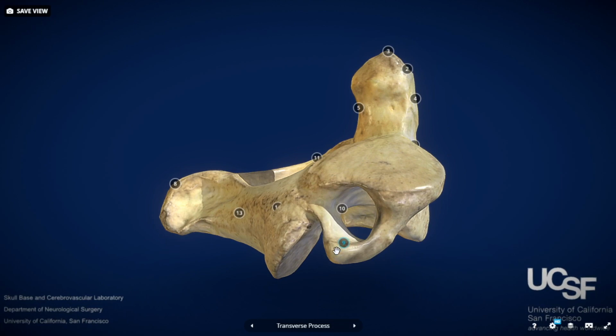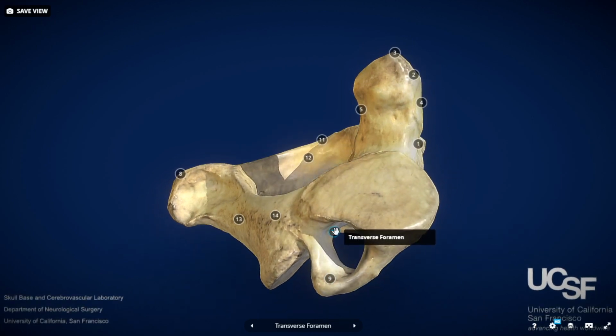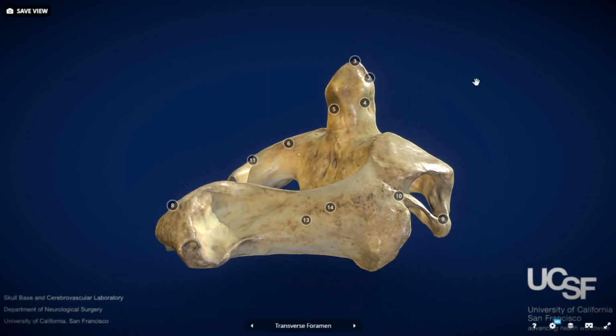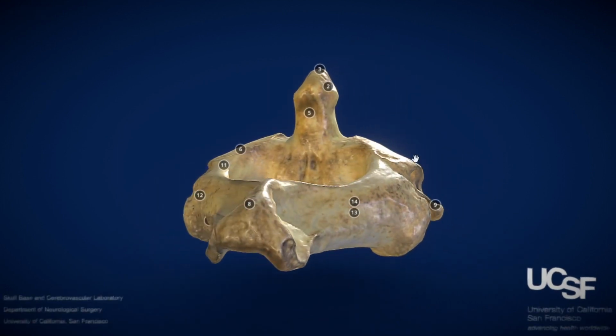Medial to the transverse process, we have the transverse foramen, which is the place in which the vertebral artery is going to follow a medial lateral angle, and it's going to travel towards the most superior transverse process